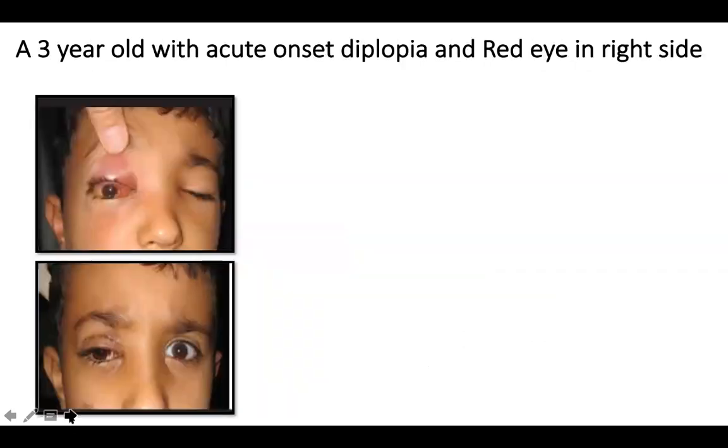Okay. So this child has a monocular restriction of eye movements. The right eye is down and out. Again, there is an acute to subacute history of 2 to 3 weeks with high grade fever, redness around the right orbit and eyelid, with a red suffused conjunctiva, okay. There is diplopia on lateral gaze. As you can understand, after treatment the eye swelling has reduced, but still the eye is down and out.